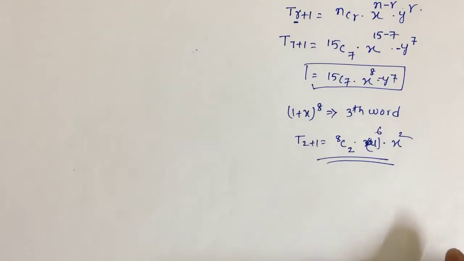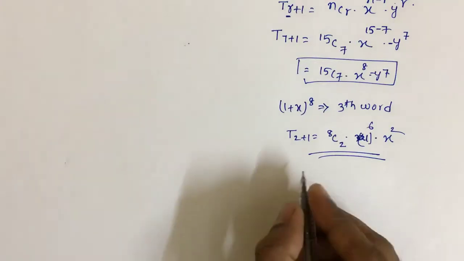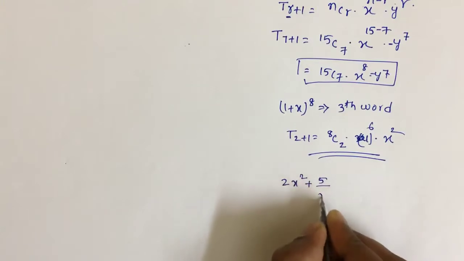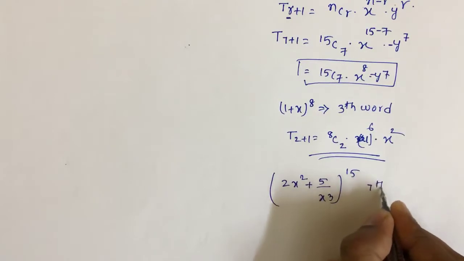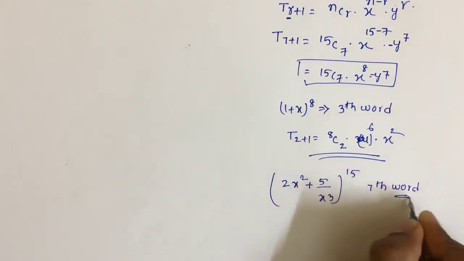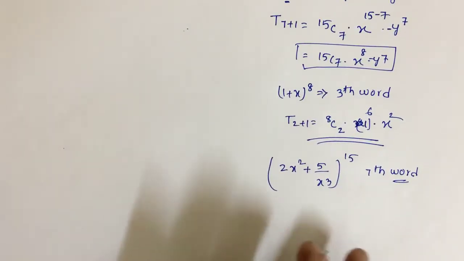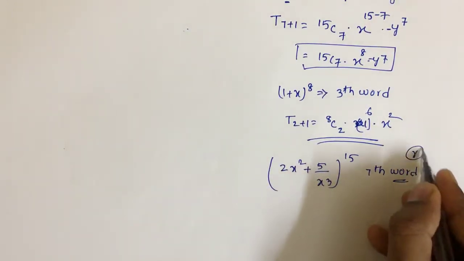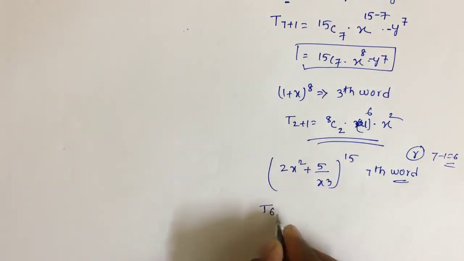Next they may not give normal numbers, they may give it in a form like this also: (2x^2 + 5/x^3)^15. In this, what is the 7th term? This kind of problem they can also ask. Here it's also very simple, they ask the 7th term. So now we have to calculate the r value. The r value is nothing but 7 minus 1, which equals 6. So now t_(6+1) is equal to,